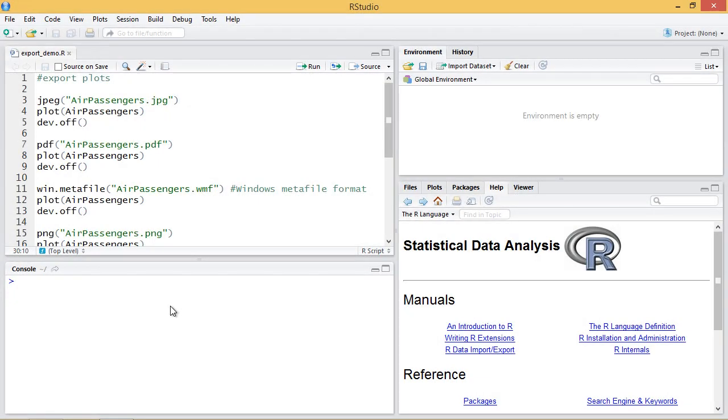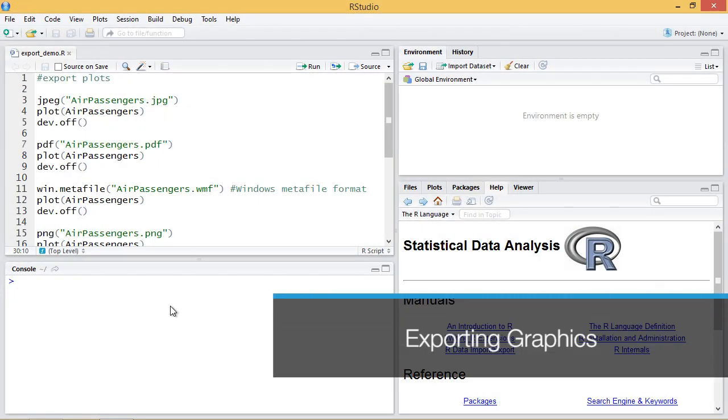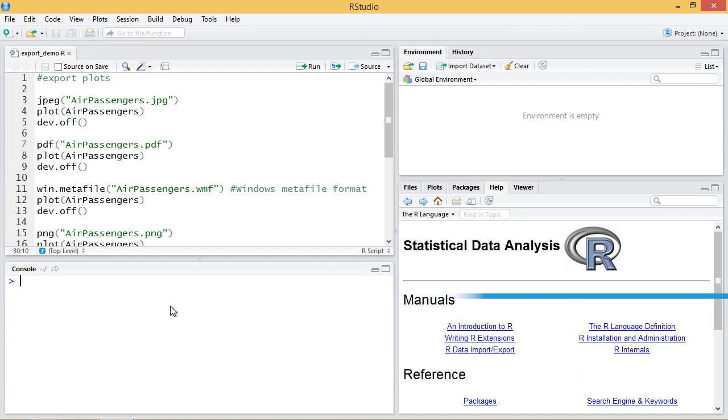If you're using an R GUI or IDE, quite often you can just export a plot directly from the graphic itself. In RStudio, there's an export menu which we can use directly. But in this video, I'll demonstrate exporting from the console or from our script directly without the need of a